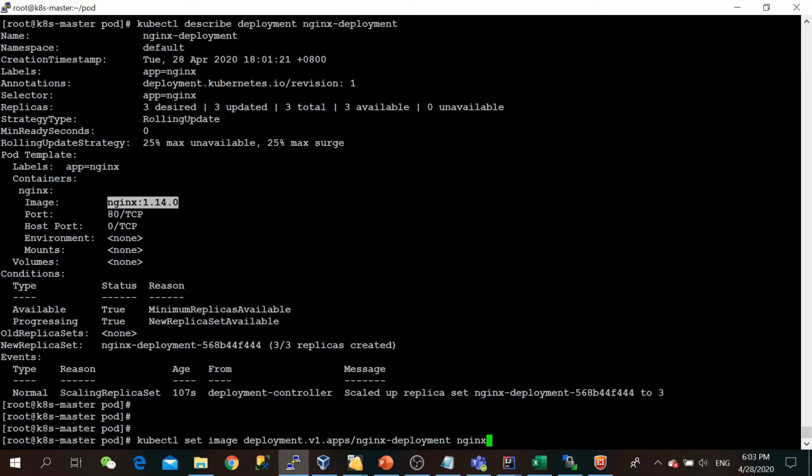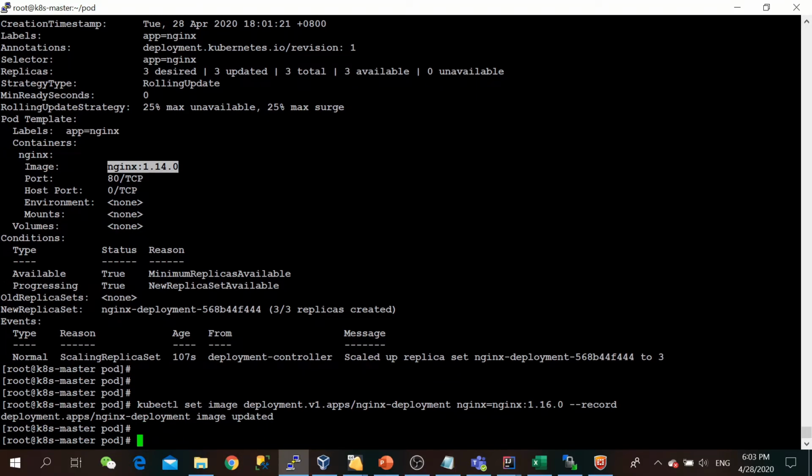Then I need to define the image version of Nginx. Let's say I'm going to upgrade it to version 1.16.0. The hyphen record flag helps you to save your Kubernetes command. Okay, so you can see a message something like this: your deployment image updated.